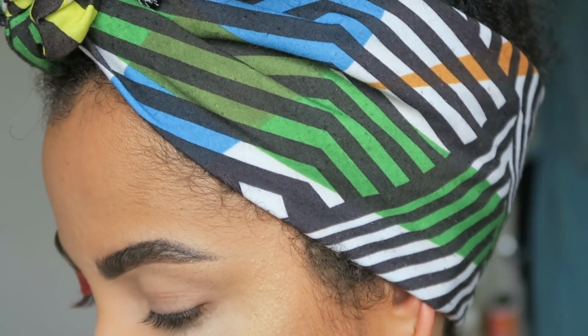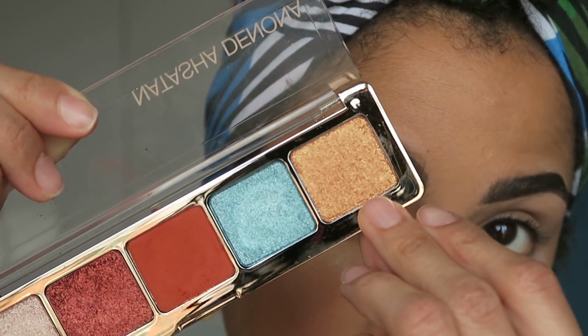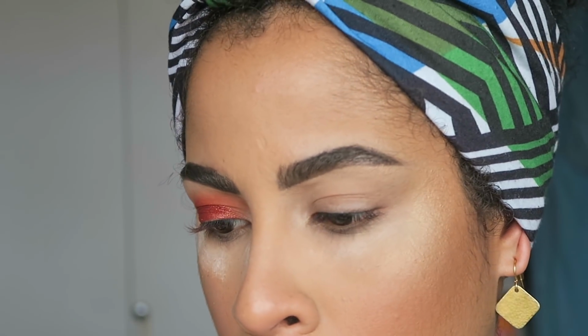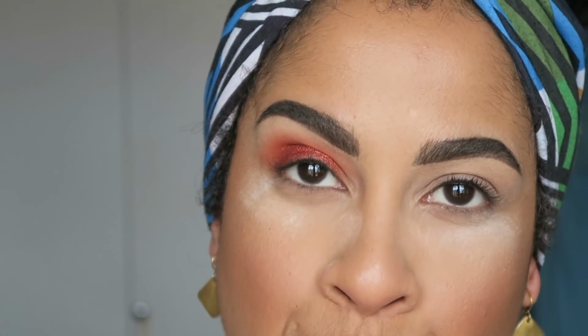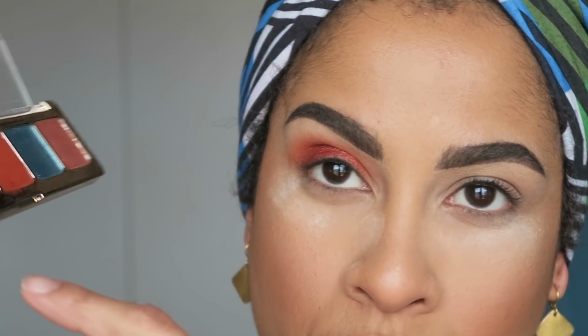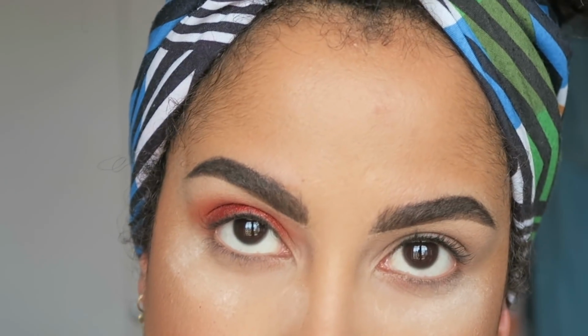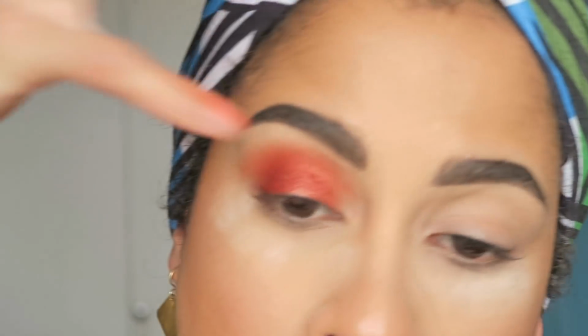And with my finger, I go in with Nude. Is this Nude? Peach Bronze? Yes. The names are flipped. When you flip it, you have to flip it in the order they appear this way. That's why I get confused. I believe this is Peach Bronze. I'm not too sure. The color on the end of the palette. With my pinky,